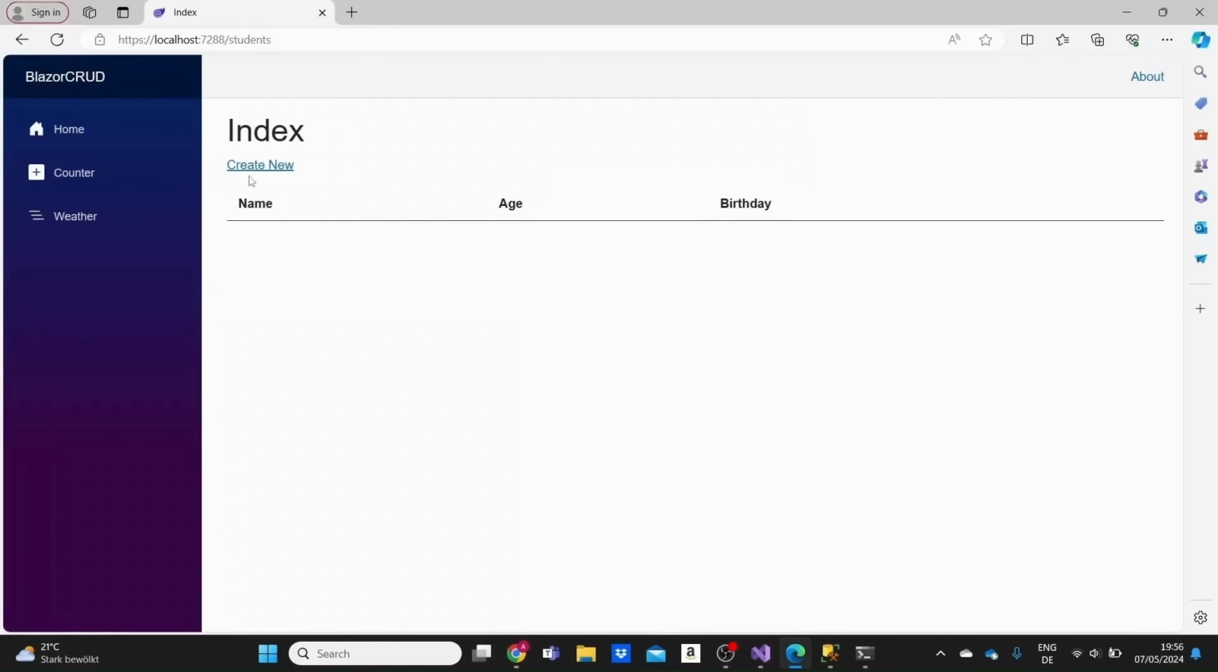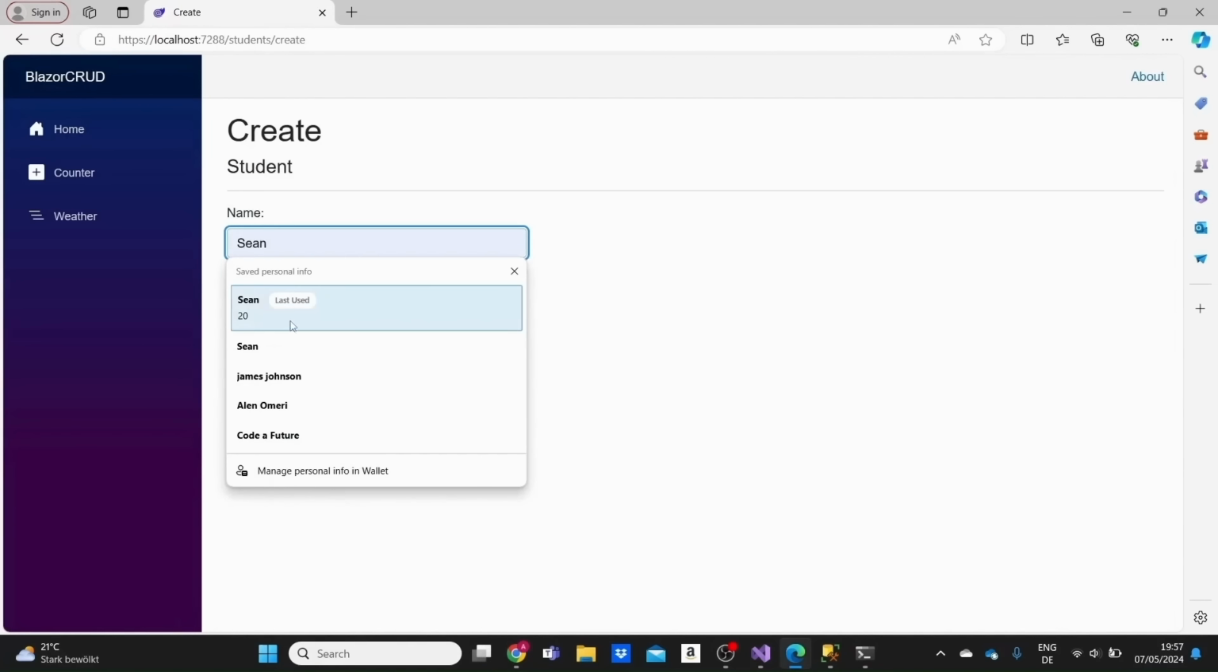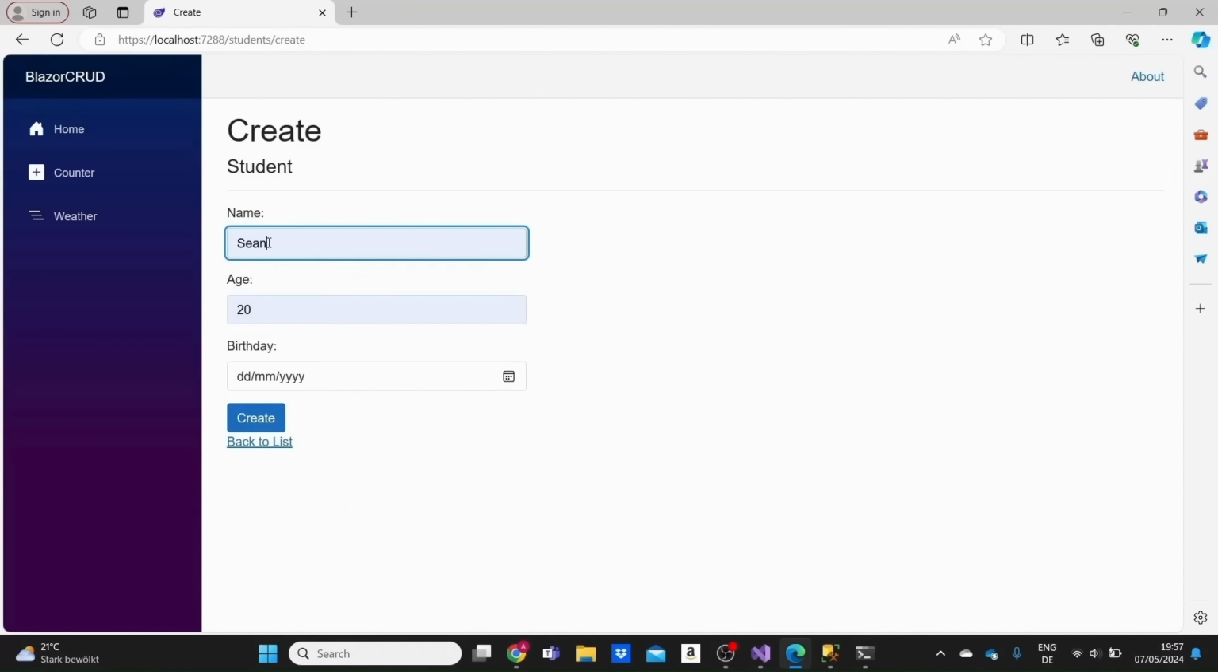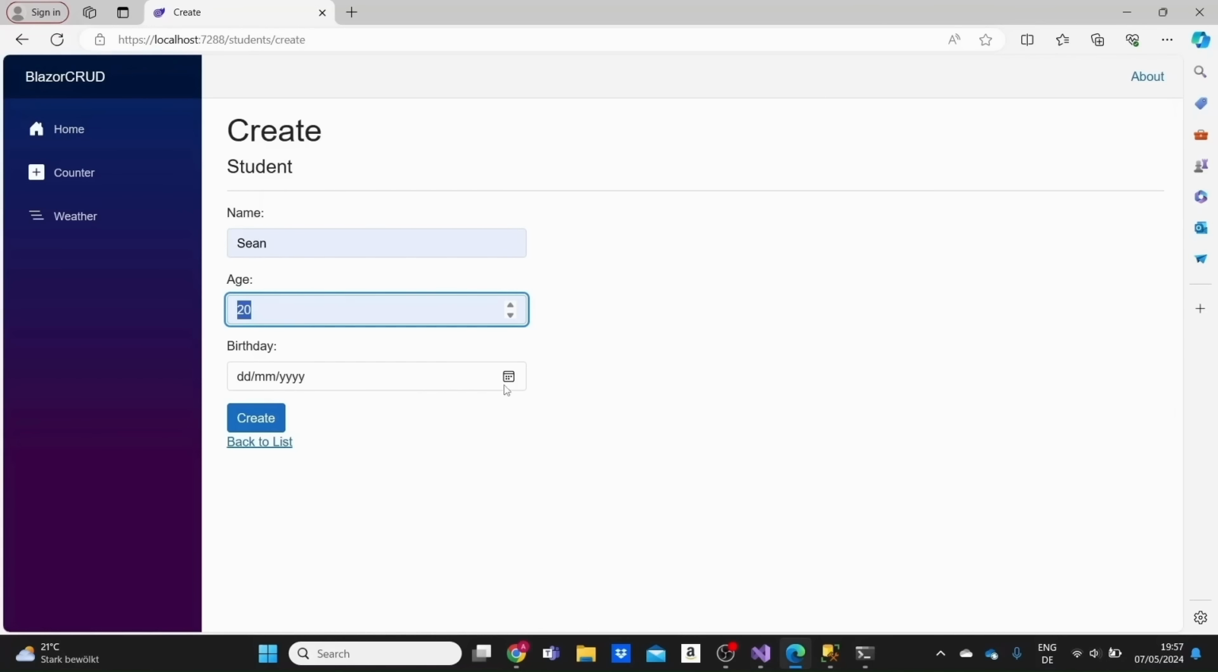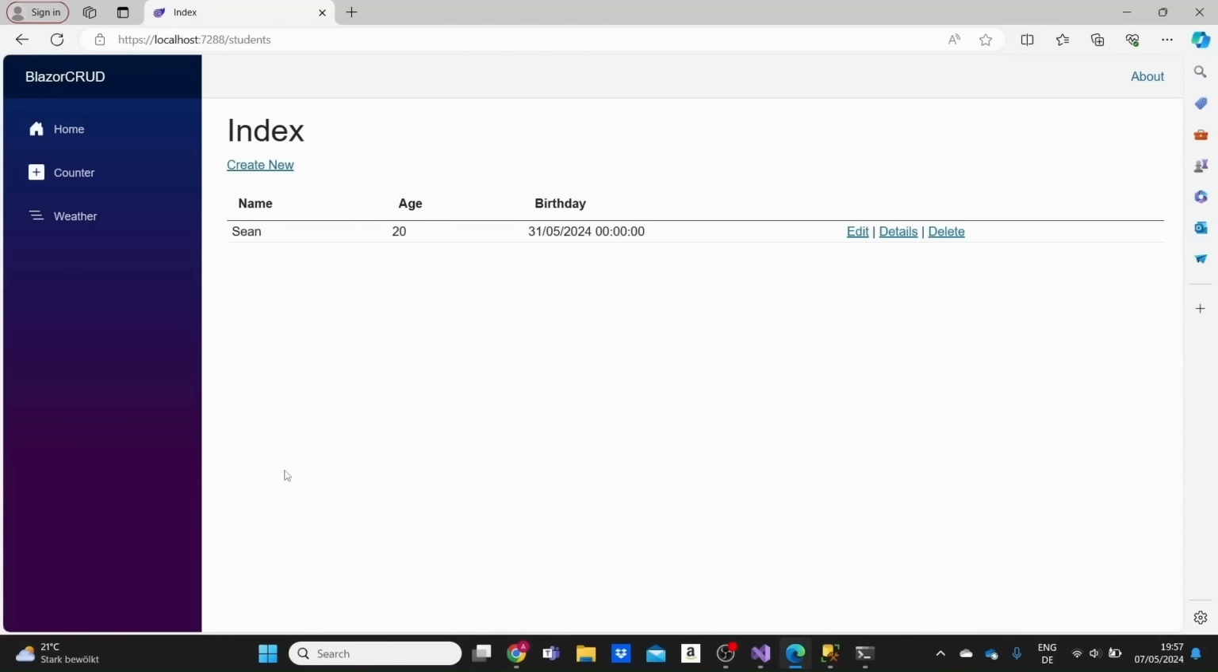Okay, we have an empty table here. If I click on create new, we'll be redirected to the create page. Let me give a name here, Sean, age 20, and I'm selecting a birthday. If I click on create, we see that a student was created in the database, and then it's stored. Here we have its name, the age, and the birthday,